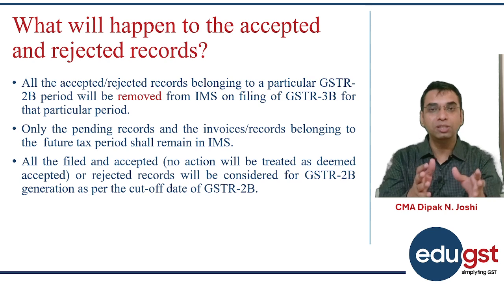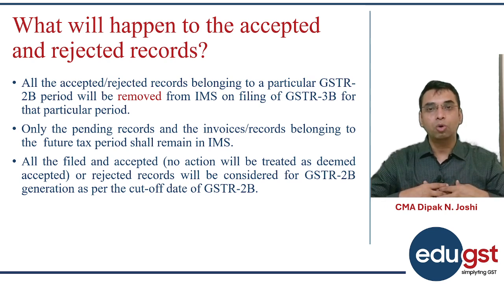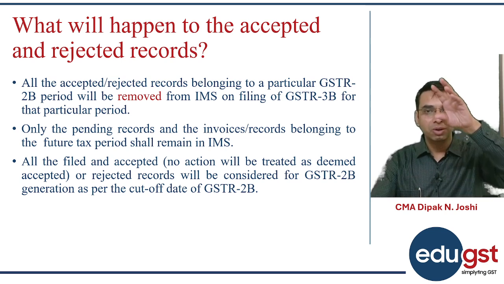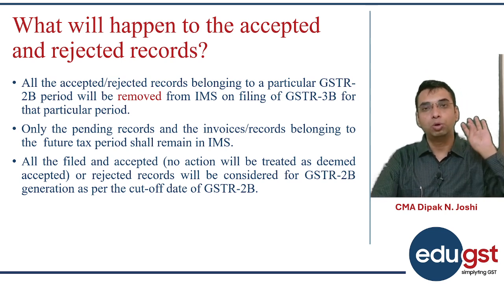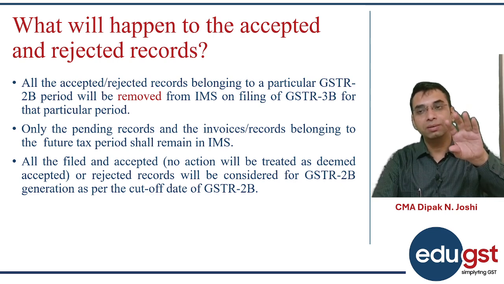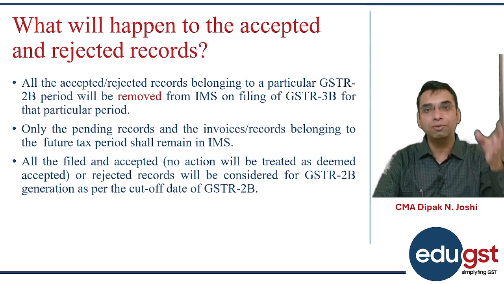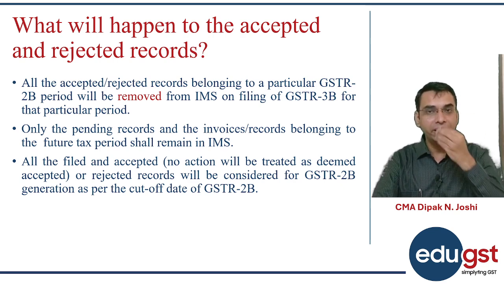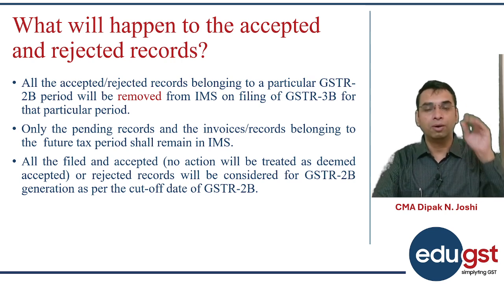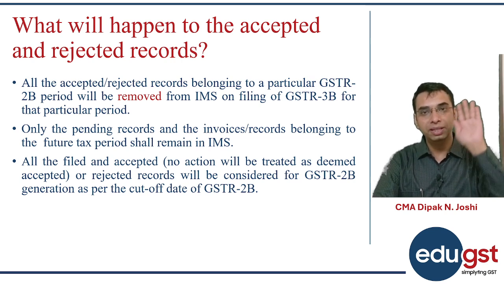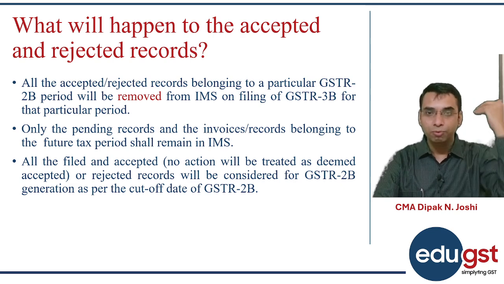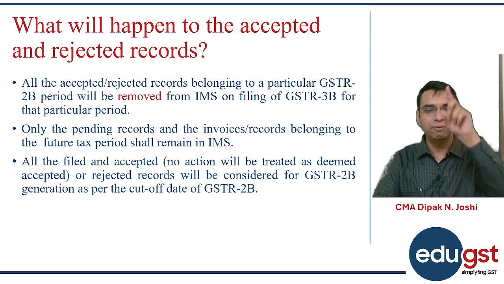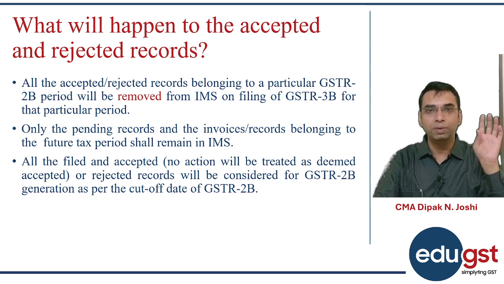So whatever invoices I have accepted or rejected, those accepted and rejected invoices will be taken out from the IMS portal. After filing GSTR 3B, the IMS portal will have only the details of pending credit, and pending credit will not flow to your GSTR 2B. It will be there in the IMS portal only for future action. Whenever in future you accept those pending records, they will flow to your GSTR 2B